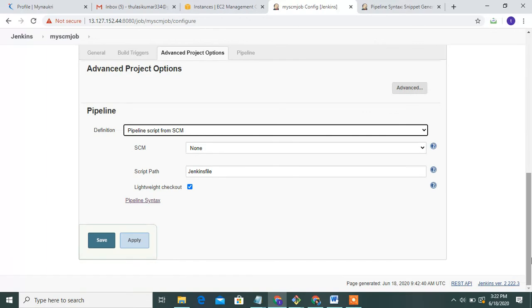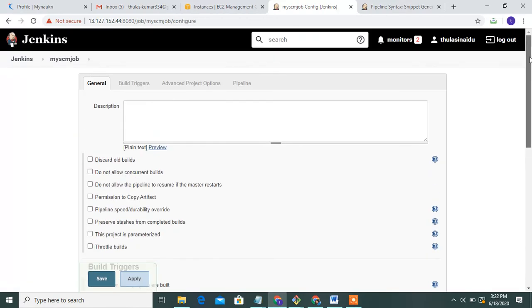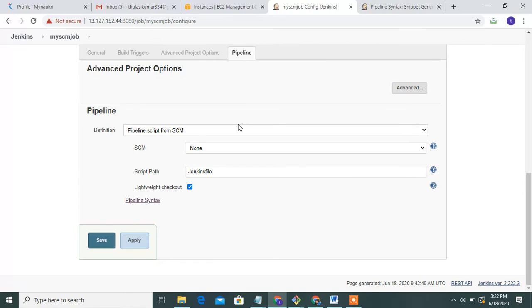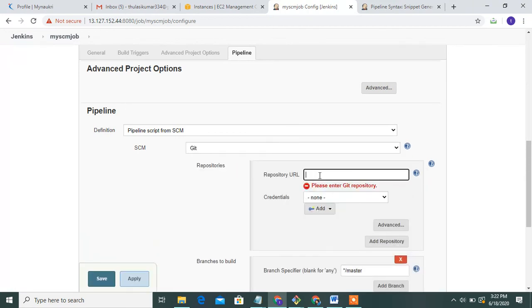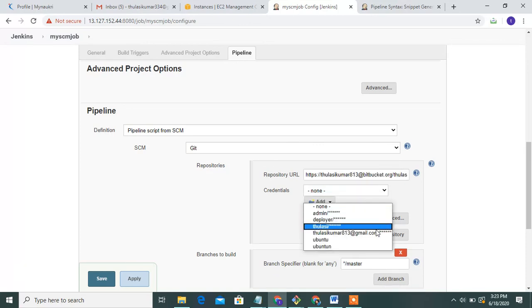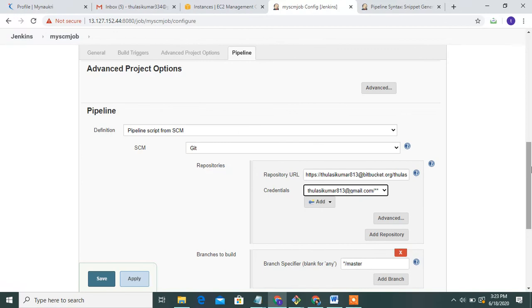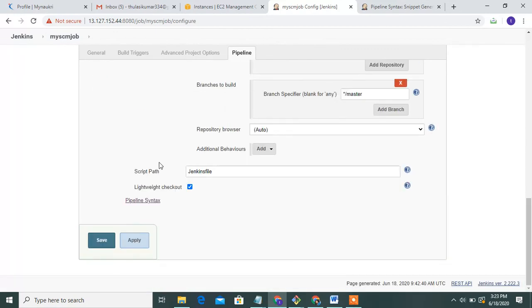Remember, guys, under the pipeline stage you select pipeline script from SCM, then select Git and copy the URL, then select the Bitbucket credential. Once selected, you can write. Remember, the most important is the script path. The script path is your file with its extension. You will save the extension file.